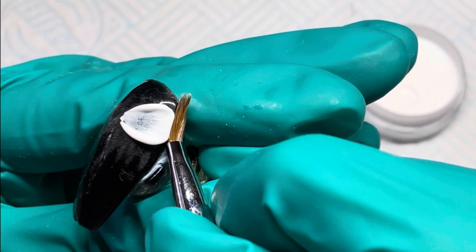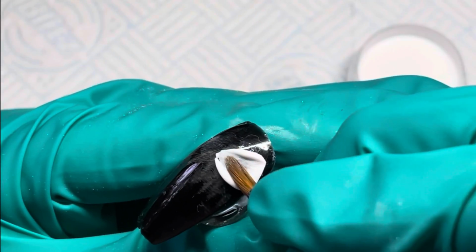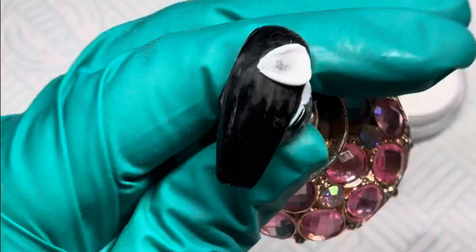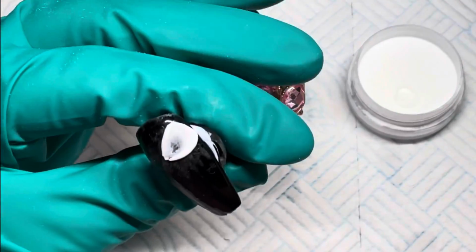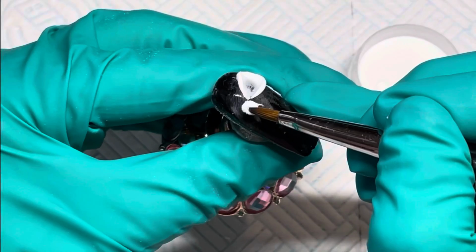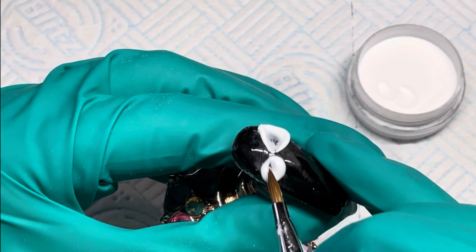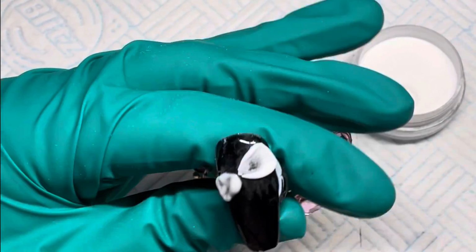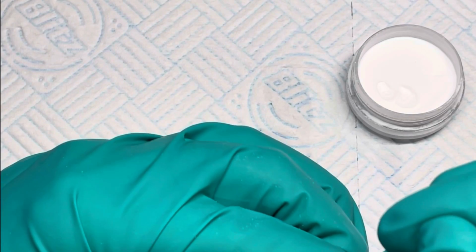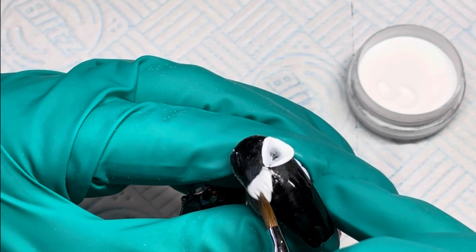So I'm just going to push that back so that it is more of a straight line, so that is one side. And I may have done that a little bit too big. This one I'm going to place on and do exactly the same. So I'm going to pull this out. I want it to be roughly the size of this one. Push that into that side a little bit, and then